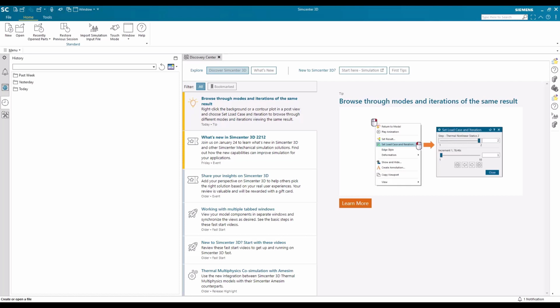Welcome to this video of how to create FRFs on SimCenter 3D and importing them to SimCenter TestLab. As a first step, you should open the mesh file of your component.